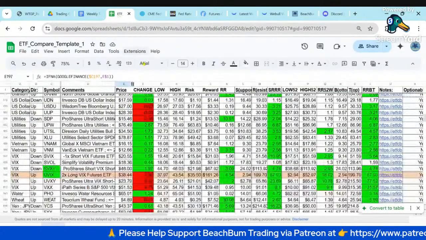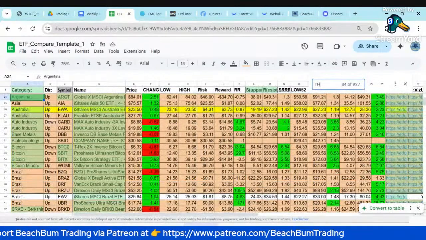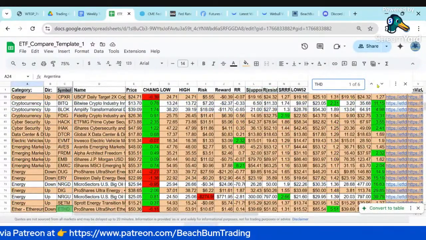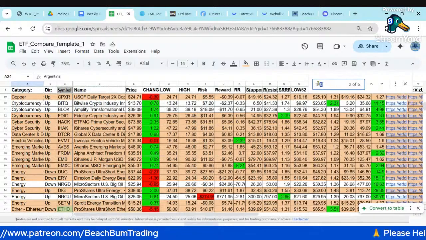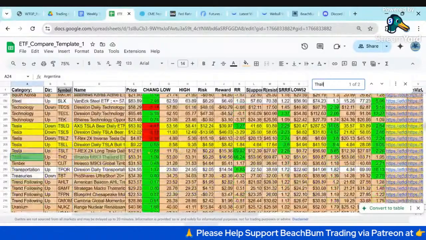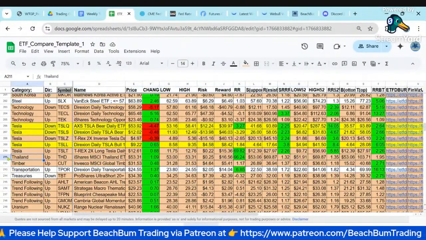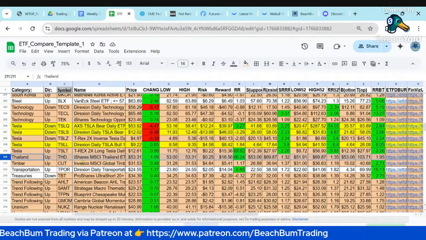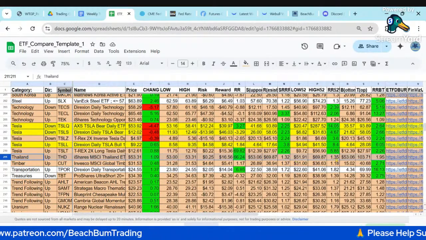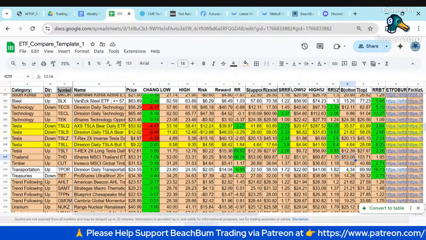So again, I've been looking at several, THD with Thailand. We saw Malaysia had a rebound, etc. Again, you can search for a country, topic, commodity, etc. in our Google sheet. So here's THD I've been looking at. Not a whole lot of risk-reward profile for the past year, but bottom to top, it is pretty low. So I think I need to adjust the bottom.